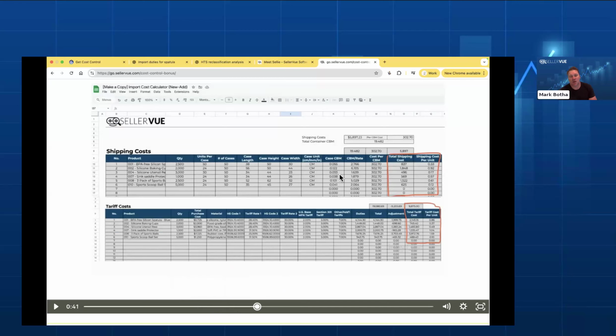unit basis. So that's one of the things that SellerView does, is calculates the cost of products based on cubic meters of the box. A lot of issues that happen with sellers is, say you import a container and there's 10,000 units in the container, and you pay $10,000 for the container. You might just say, okay, well, it costs $1 to ship. So using the cubic meter formula, as we can see here, let's see if we can zoom